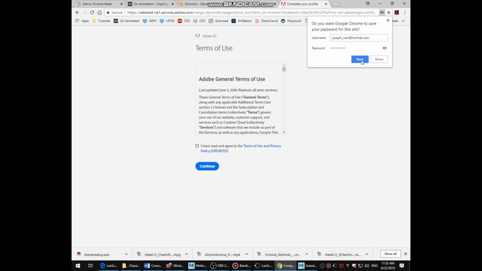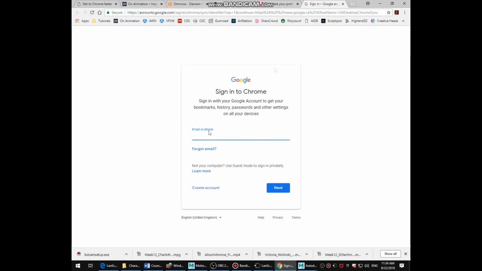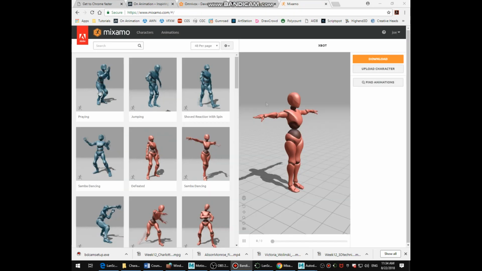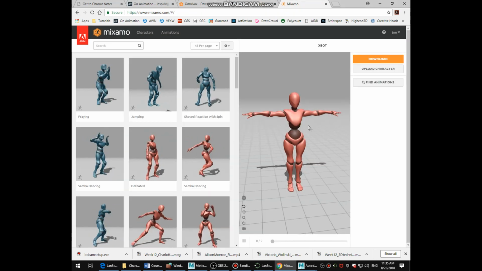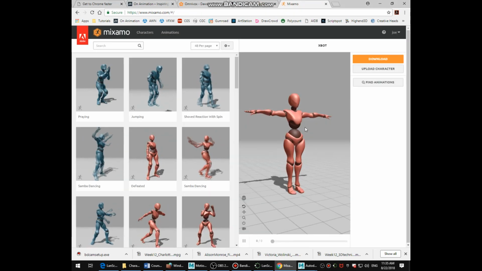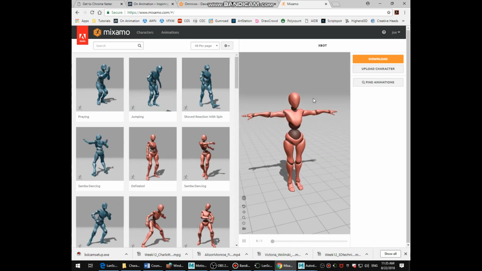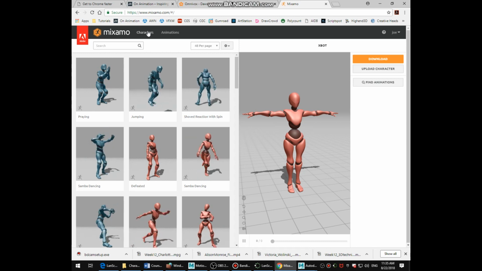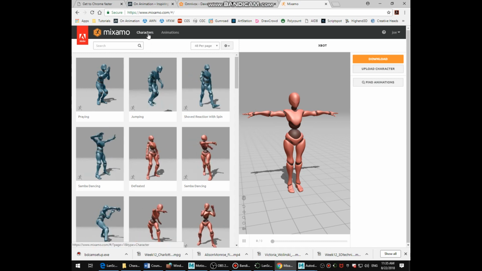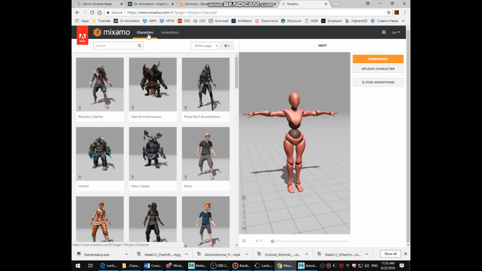Yeah, works. Sign in. Oh, geez. It popped up my Google account for some reason. Maybe I clicked on the wrong thing. Okay, so in here, you go in characters, upload character on the top right,